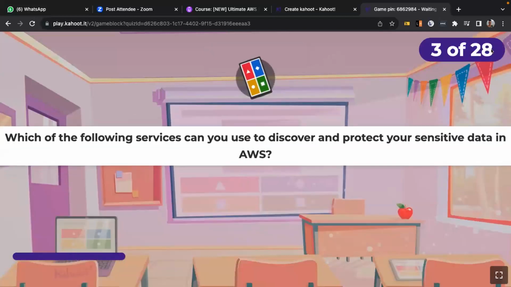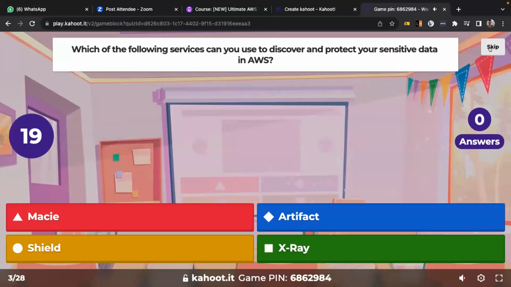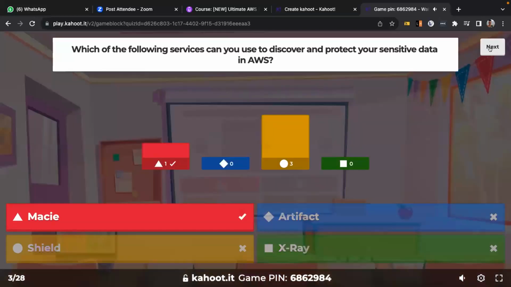So which of the following services can you use to discover and protect your sensitive data in AWS? Okay, Shield. Okay, then we have Macie. Someone got it right, yes.